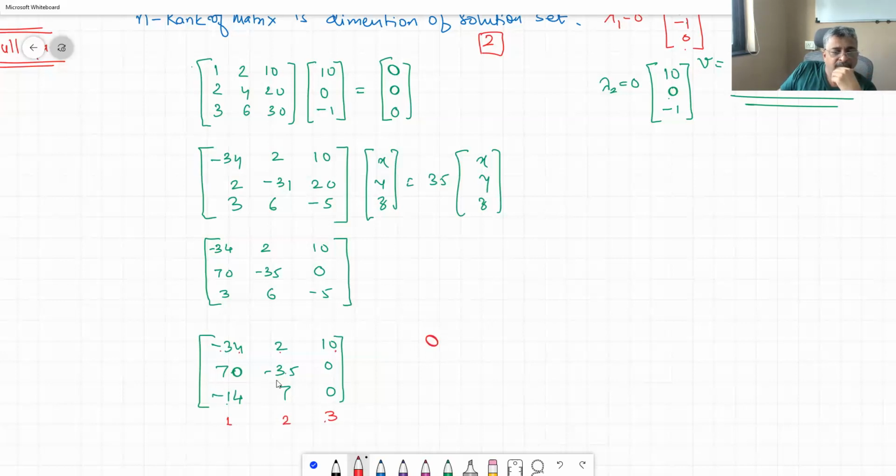Let us see if remaining two entries also become 0. 70, 70, 0. Yes. 14, 14, 0. So our eigenvector for 35 is 1, 2, 3. Now without getting into much